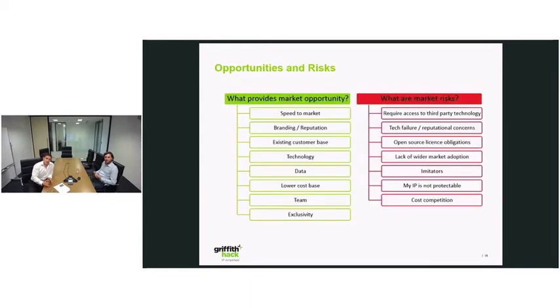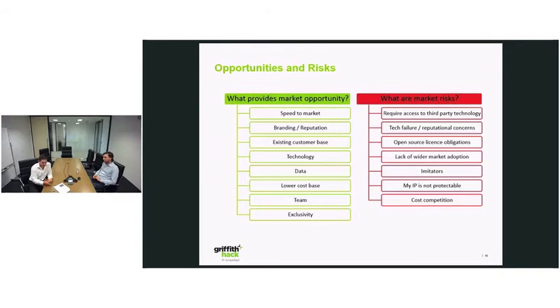So if you come down again, Jeremy, opportunities and risks. We've thrown a few up here on the screen. These are just examples of different market opportunities and market risks that might be associated with your particular product or business. You may have 5 or 6, or it may be very clear that you've got one particular opportunity or risk. But what is it that's going to help you to win? Is it your speed to market? Looking at some of the opportunities on the left-hand side, is it the fact that you've got a fantastic brand and a super reputation, so that when people see your products in a particular space, your existing customer base is going to come on board? Is it the tech that you're building?